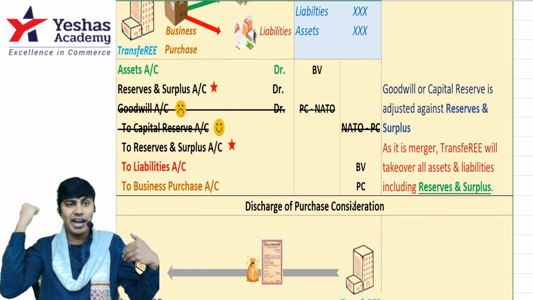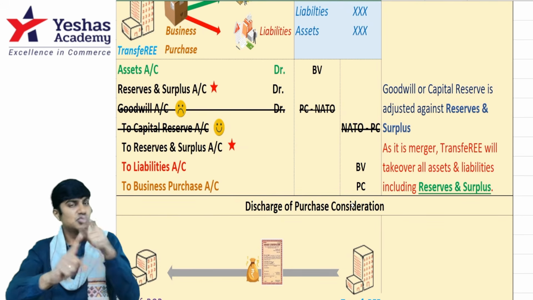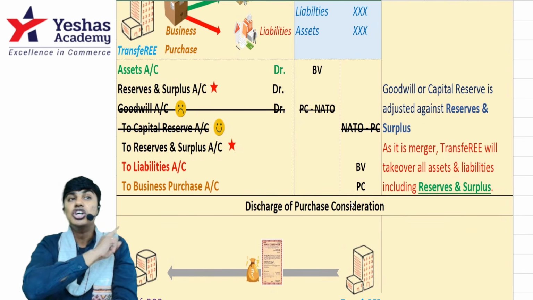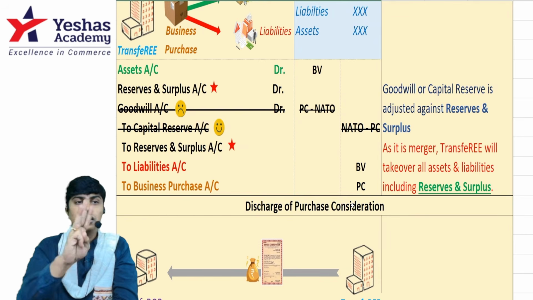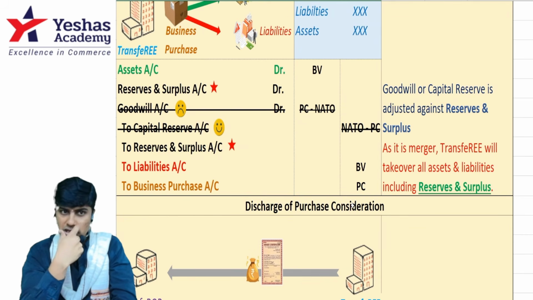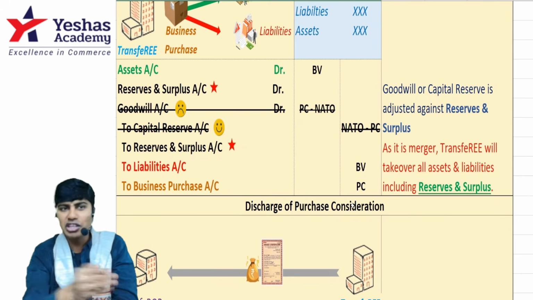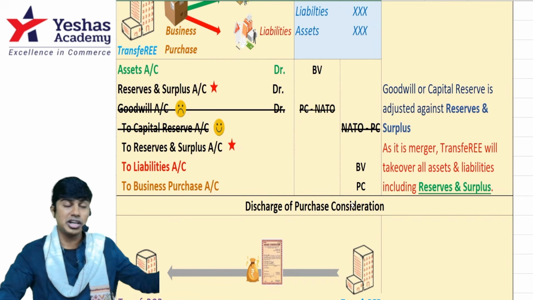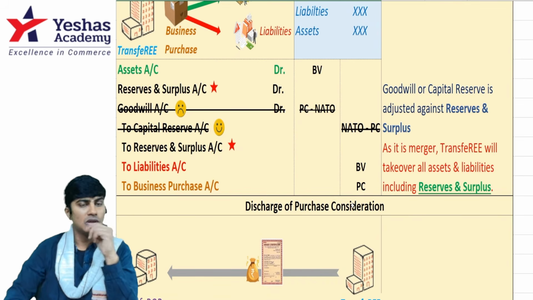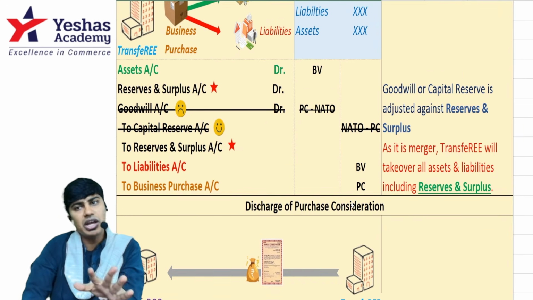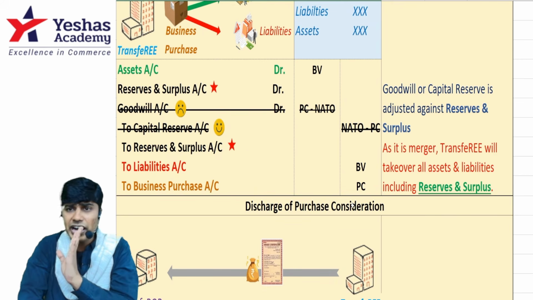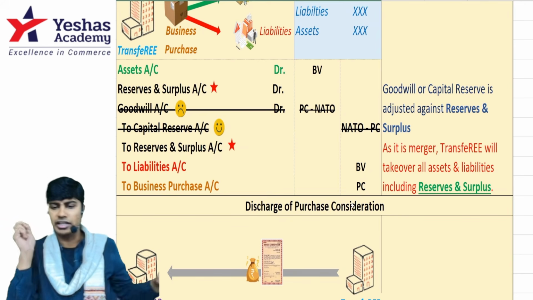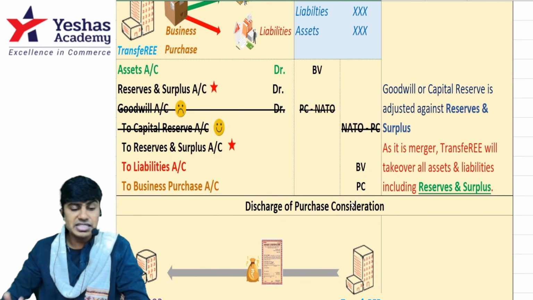So there is no separate statutory reserve to be taken over. Assets of transferor, everything at book value. Liabilities of transferor, everything at book value. Reserves and surplus of transferor, everything at book value. Credit business purchase. Except the share capital, you've taken everything from the transferor company. Then the balancing figure, whatever comes, debit or credit, cannot be called goodwill or capital reserve. Whether it is debit or credit, it will be adjusted against reserves. In the place of reserve in purchase, we would be writing goodwill or capital reserve. I hope you understood. This is the differential part.